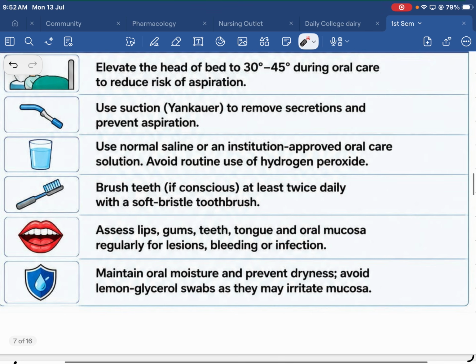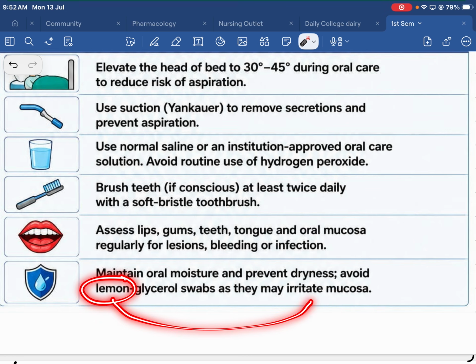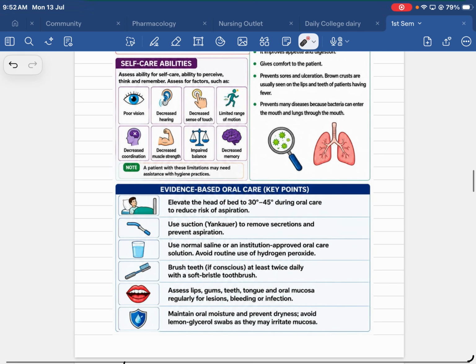Next is to maintain oral moisture and prevent dryness. Avoid lemon glycerol swabs. You need to apply some swabs to clean, but you should not clean with lemon glycerol, because lemon is very irritating. It will irritate the mucosa and make the patient very prone to oral ulcerations. Are you understanding? So hereby we have completed the